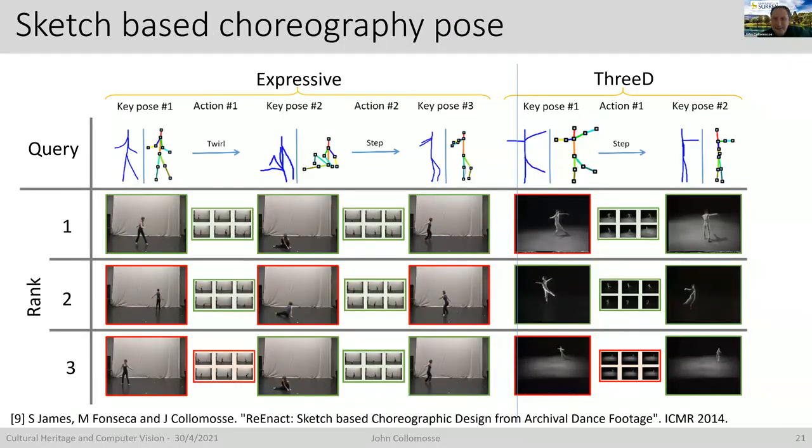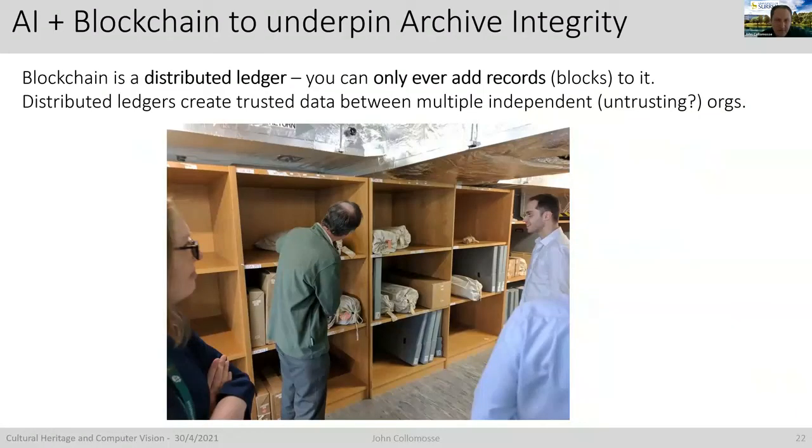Another thing we're able to do with the videos in this National Resource Centre for Dance collection is, in a similar way, sketch a sequence of poses and have the system identify the choreography in the video collection and identify the video clips. There are some examples of results here on this slide. So this is combining sketch-based retrieval with the choreography and the pose-based retrieval system.